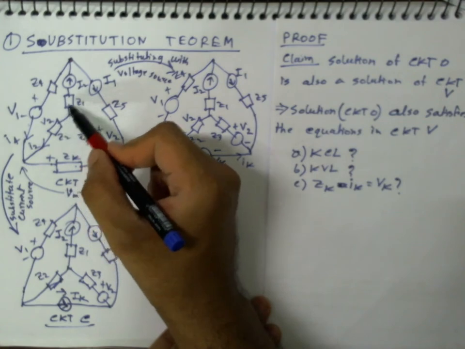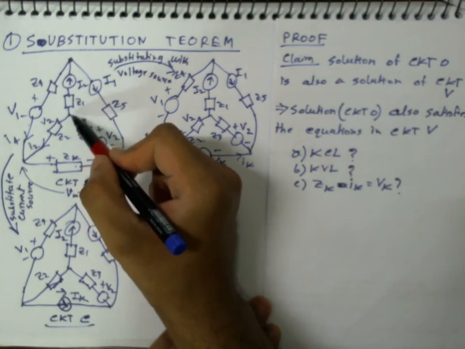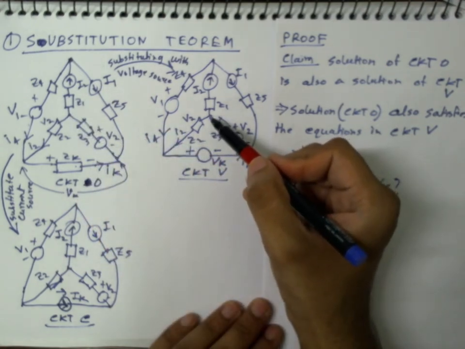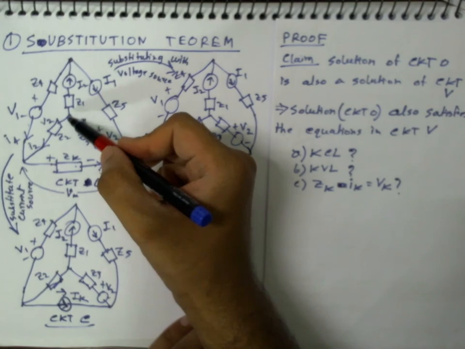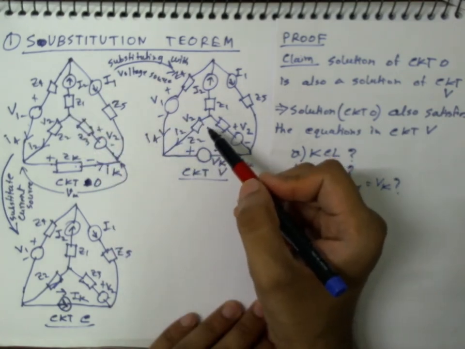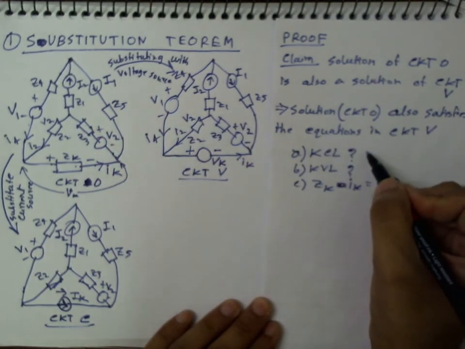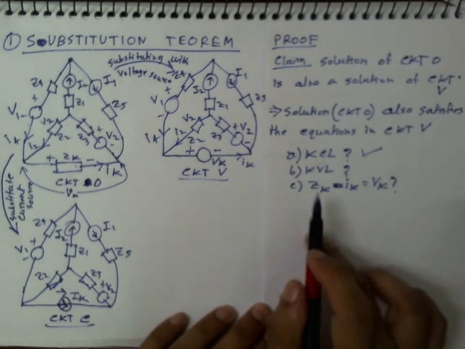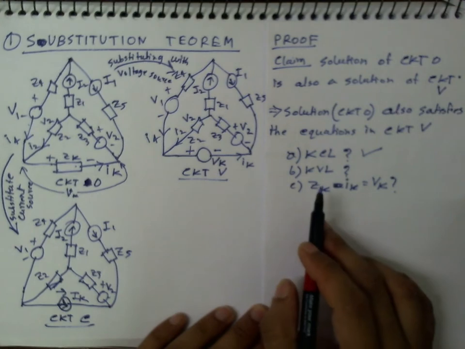these currents flowing in this original circuit are the same as the currents flowing in the new circuit. So if KCL is satisfied here, definitely KCL is satisfied here. So KCL is satisfied, no doubt about it. It's obvious. What about the KVL? Let's check